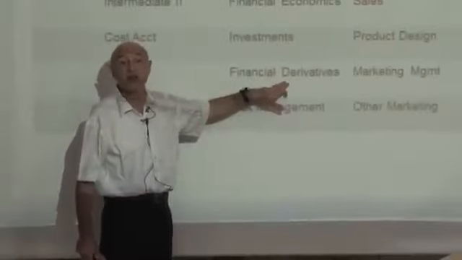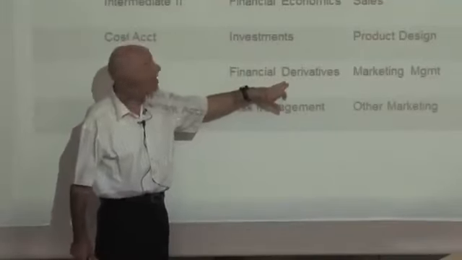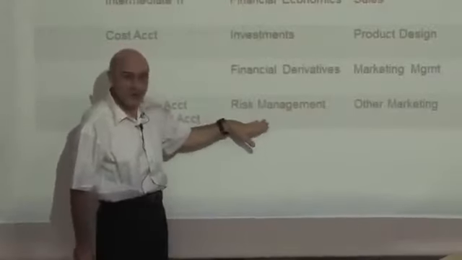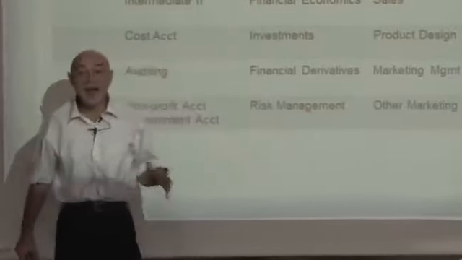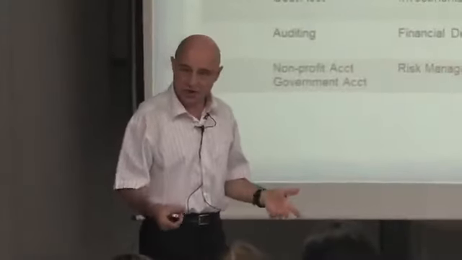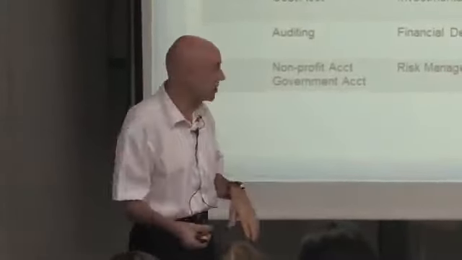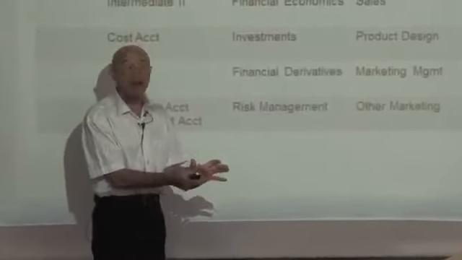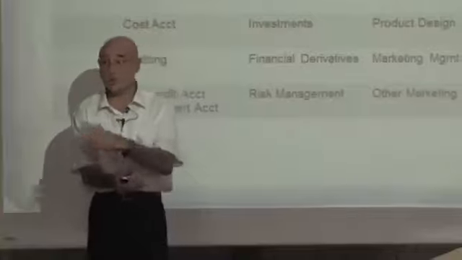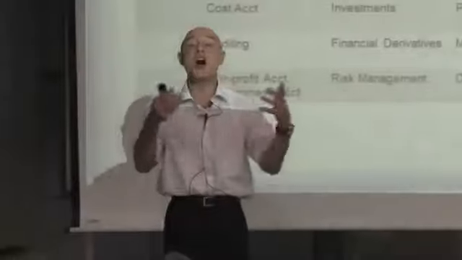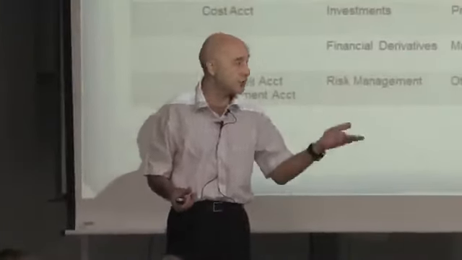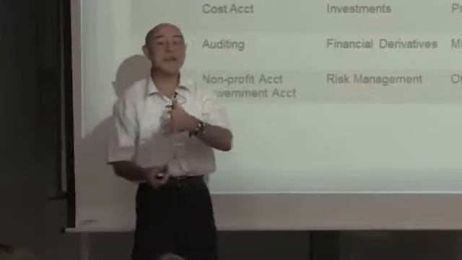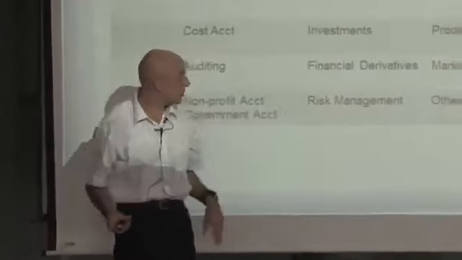This is very advanced, very difficult, very sophisticated, and you may have a separate course about that if you specialize in finance. And of course, risk management, how you manage your financial risks or operations and production risk. Risk management includes a subfield of insurance. If you're a big business, how you insure your different risks. Well, first of all, which are your risks? You need to know your risk. You need to understand your risk. You need to measure them. And the last piece, you need to manage them or insure them.